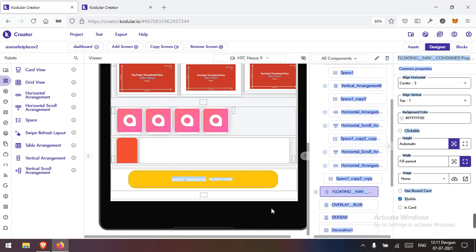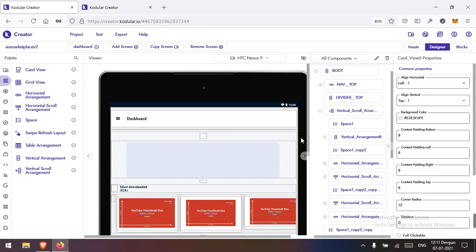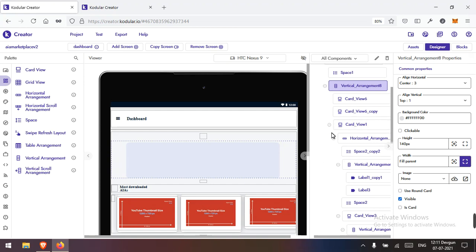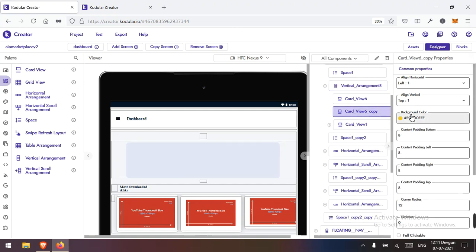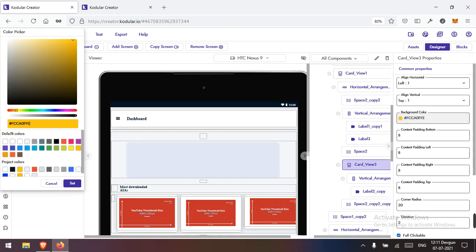And first, I just want to do something here. Let me just check real quick. And this is the card here, and another card. Yeah, not this one. I just need this card's color. So I'm going to copy this,